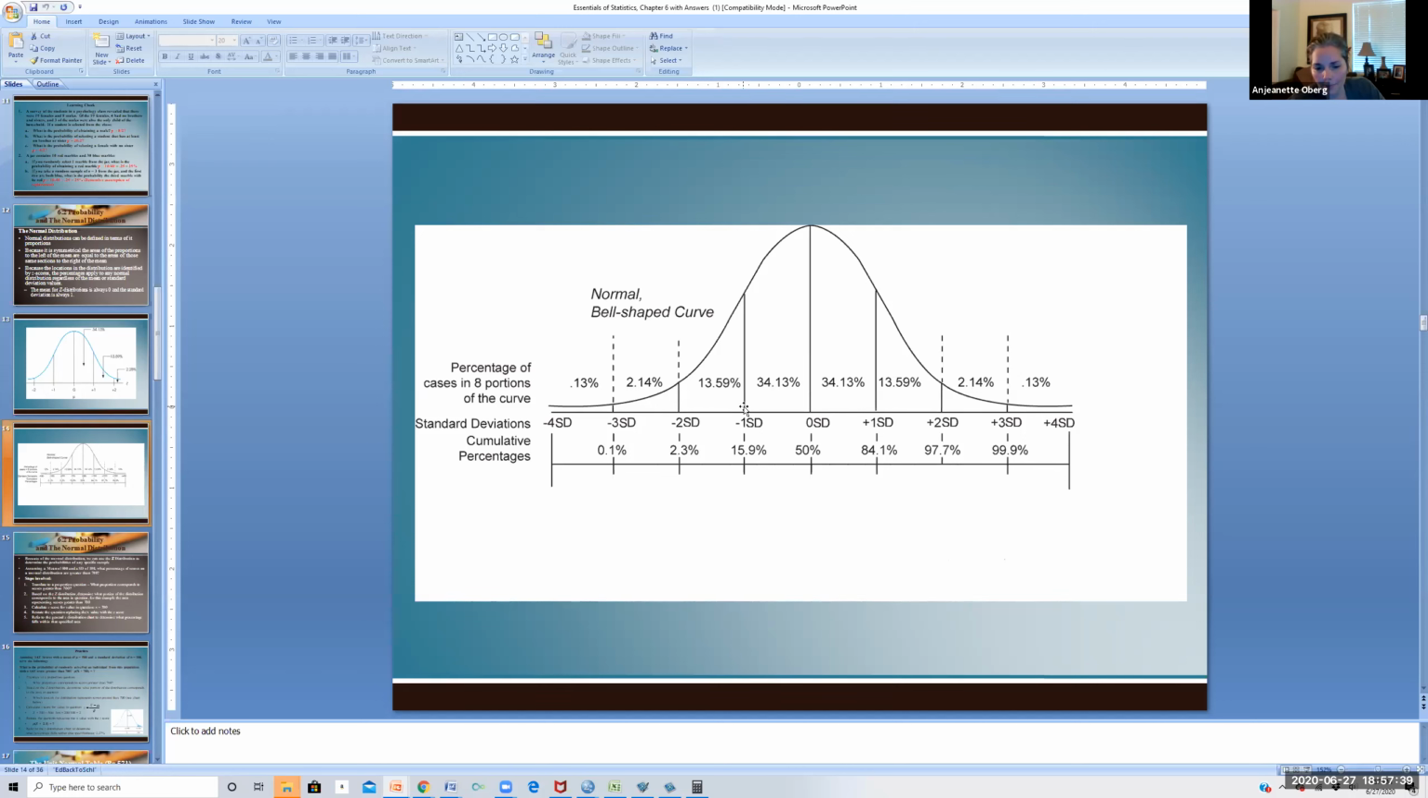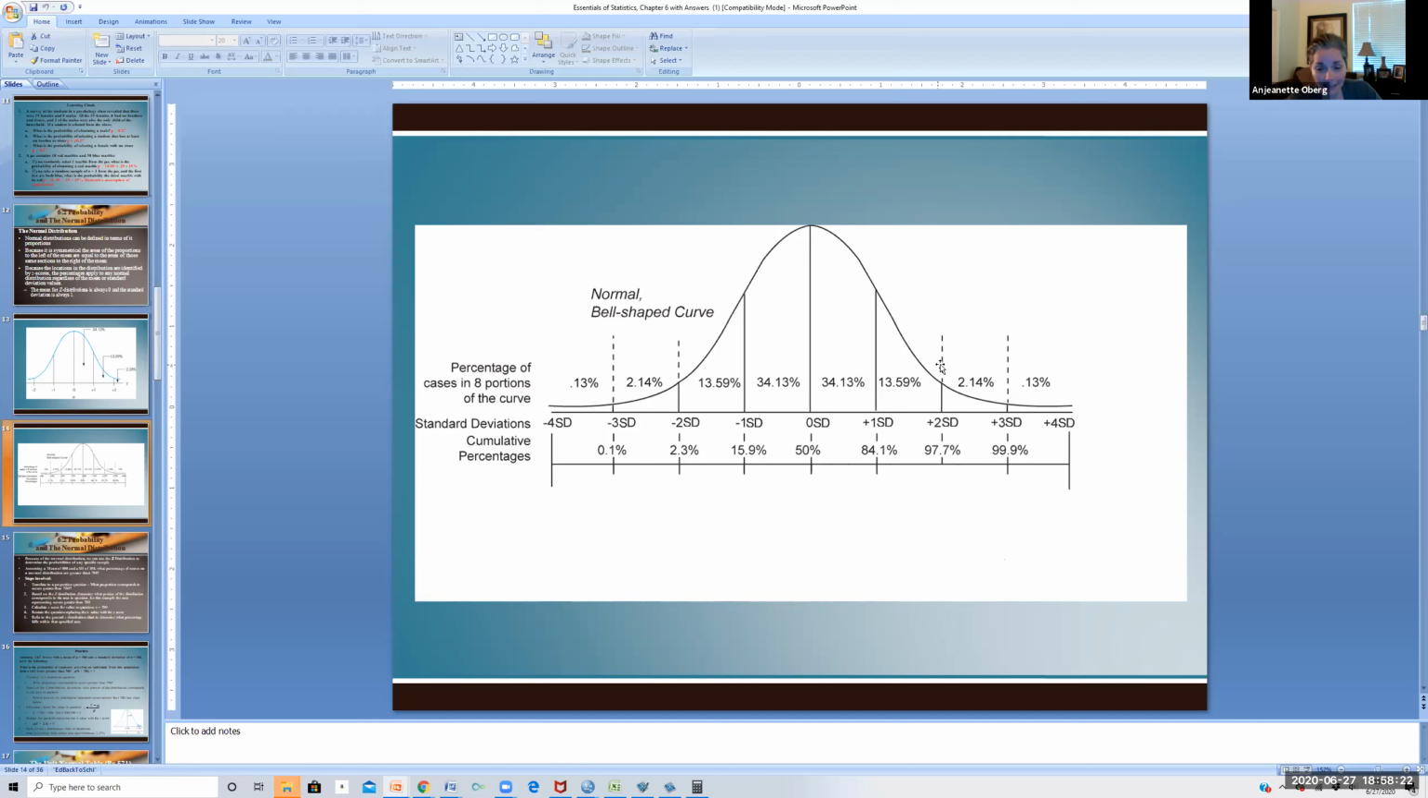And then if I go all the way up to 15.9, 15.9% of the population, or I have a probability of 15.9% of being -1 standard deviation or lower. And then it goes up, I have a 50% probability of being lower than the mean. I have an 84.1% probability of being 1 standard deviation or below. So 1 standard deviation above the mean or lower. I have a 97.7% probability of being